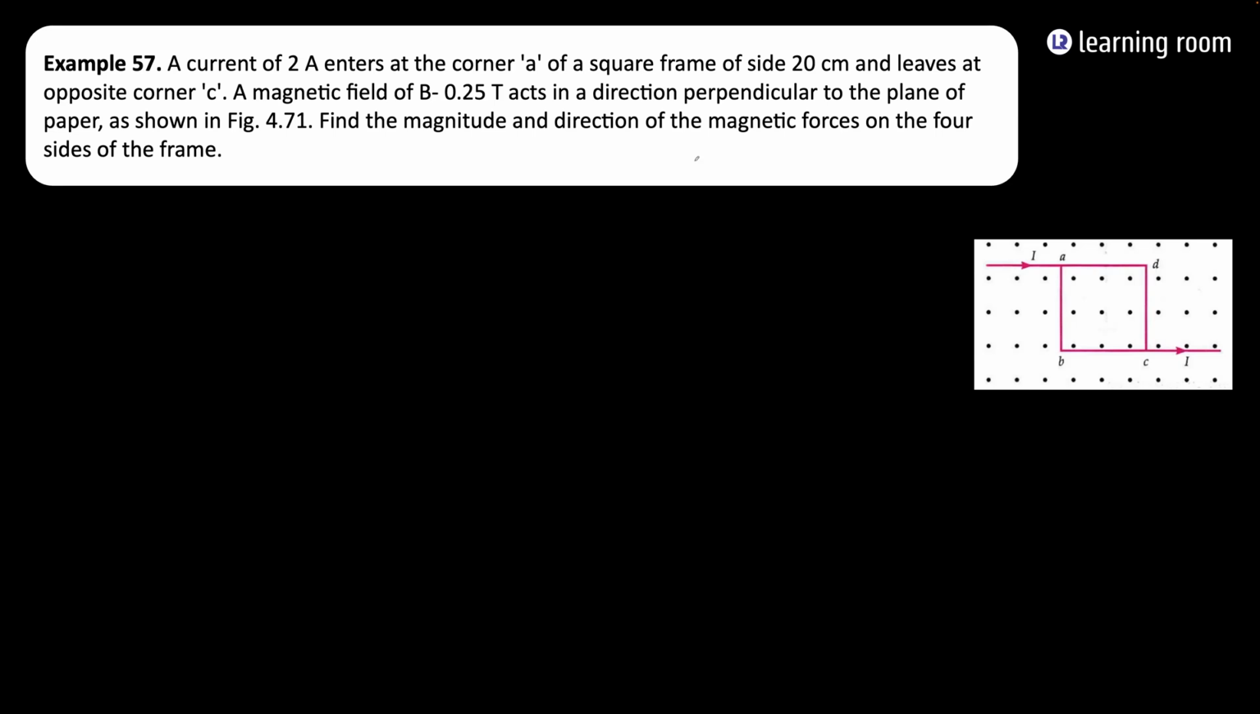So listen, the question says a current of 2 ampere enters at the corner A of a square frame of side 20 centimeter and leaves at the opposite corner C. A magnetic field B, which is of the magnitude 0.25 Tesla, acts in a direction perpendicular to the plane of the paper as shown in the figure. So this is the plane of the paper. It acts perpendicular. It is in this direction. Having said that, our job is to find the magnitude and direction of the magnetic forces on four sides